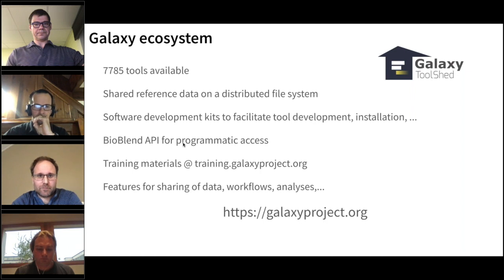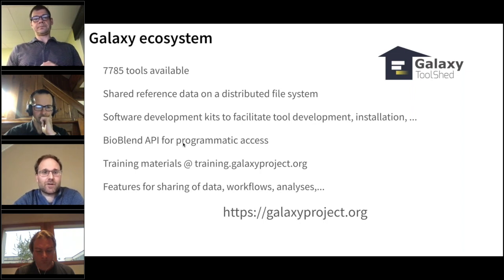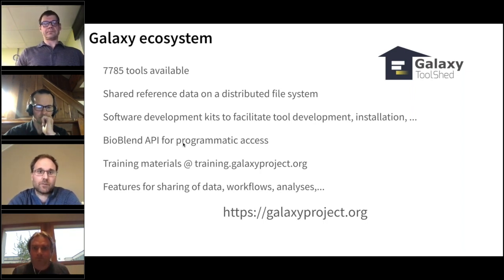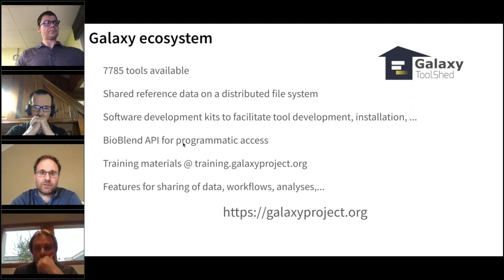Because of course, this is a rather complex system now. We have spent a lot of time on training materials, and this is now collected all at training.galaxyproject.org. You will find over 150 tutorials there, both on the research aspects, so for the different domains, but also on how to contribute to Galaxy or how to develop for Galaxy. We also already have 2 tutorials for these